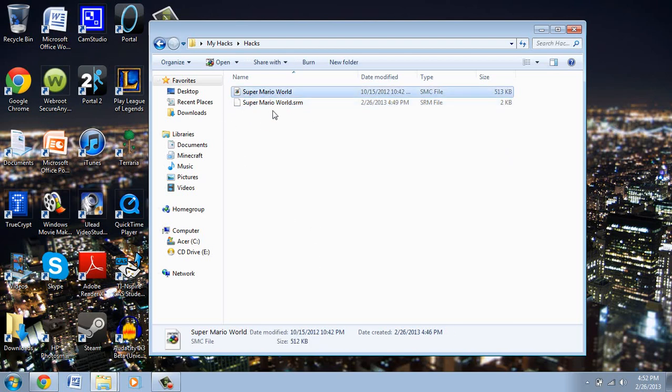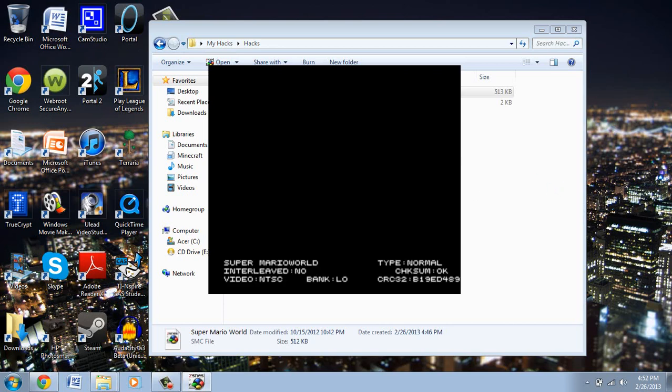Also, your ROM won't look like this. It won't have the little image of ZSNES on it. It won't give you the option to open. I set my computer to make ZSNES the default program for this type of file. And you can do that if you want, but I just did this for purposes. It makes it really easy to open it, so I can just do that, and you'll see that